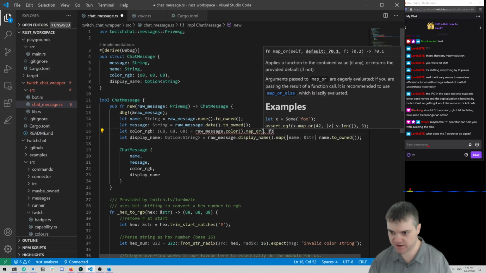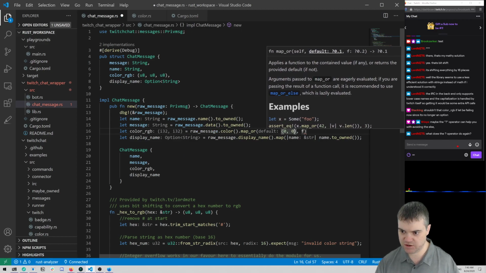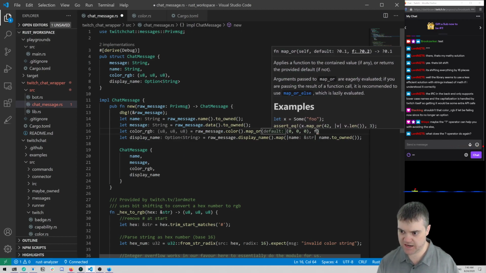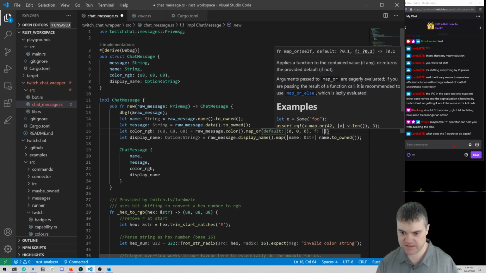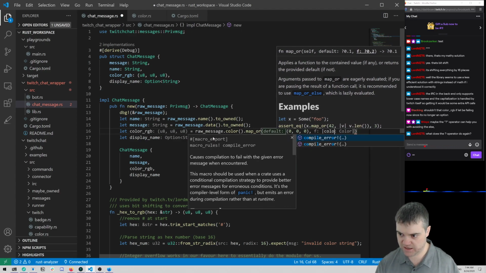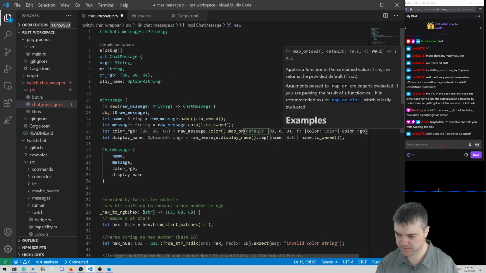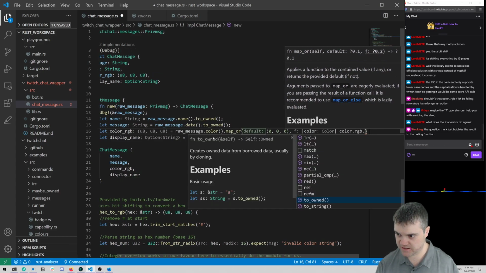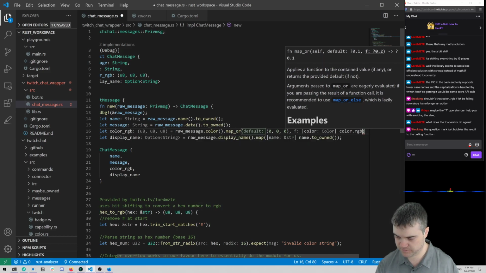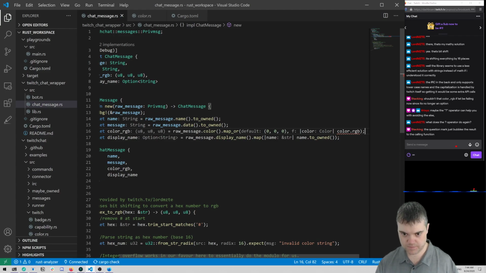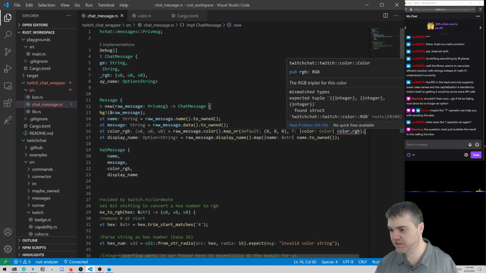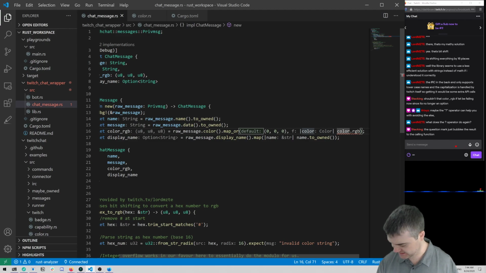So the default is going to be 0, 0, 0. And then our function is going to be this color, and I want color.rgb dot, can I just do that? No, because that returns an RGB type and I need to extract this out.